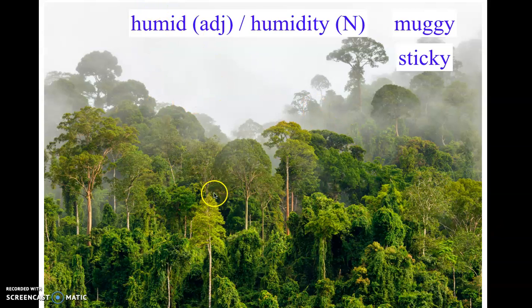So what they have here that we also have is humidity. This is the noun, humidity. When we're describing it, we use the adjective humid. The rainforest is humid. What that means is it's scorching, right? The temperature is exceptionally hot, but there's also moisture or water in the air. And in this picture, you can see the water on the tops of the trees. So it's both hot and wet at the same time.